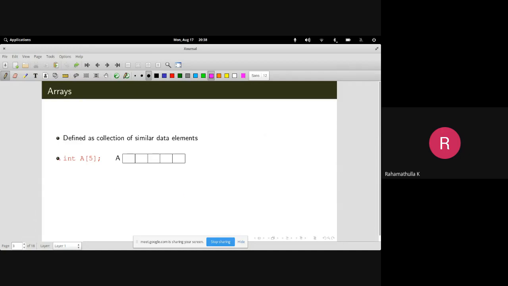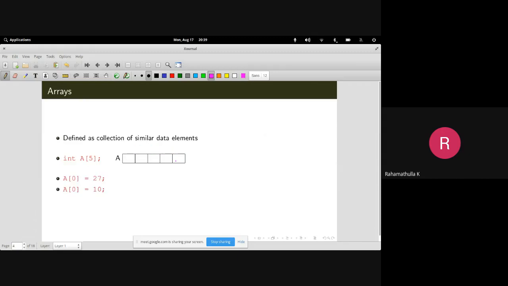As an example, you see here an array in C programming, and array A is defined like this: int A[5]. It will create an array with the name A with 5 elements. This will be the 0th element, this will be element 1, 2, 3, and 4. In memory, it will reserve 5 positions for 5 integers. Let's assume that each integer takes 2 bytes. Then it will reserve a total of 10 bytes.